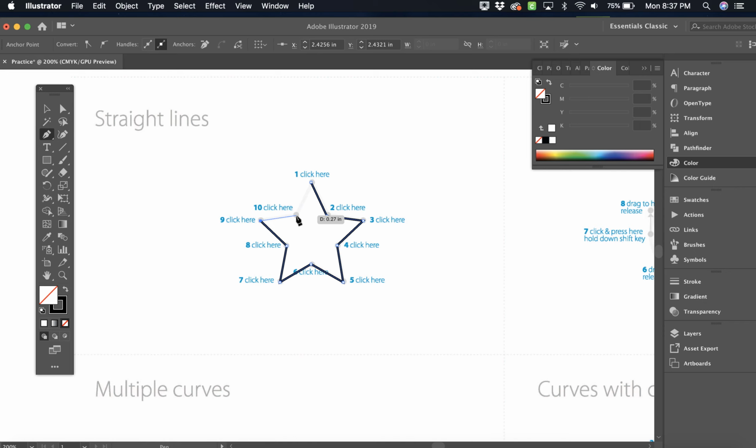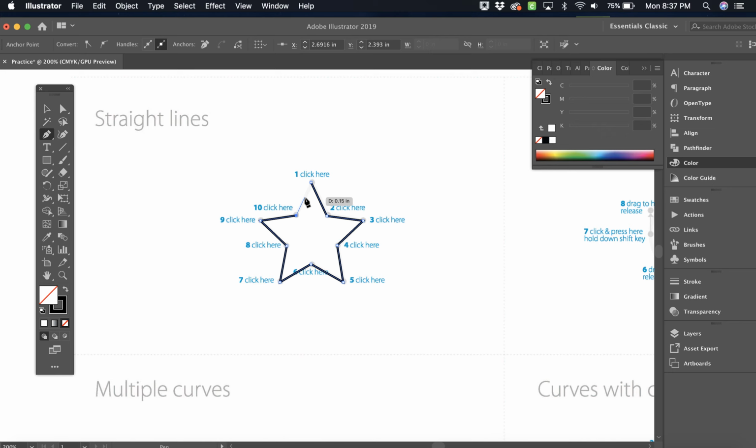So now it says to click here. But there needs to be another one at the top. We have to finish our path. To finish the path, if you can see it, when I hover over that corner anchor point it says intersect. Also take a look at what's attached to my pen tool. Currently there's nothing floating around my pen tool except the measurement. To the right there you can see the D